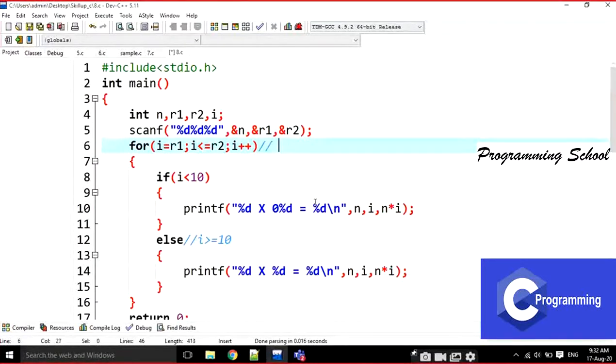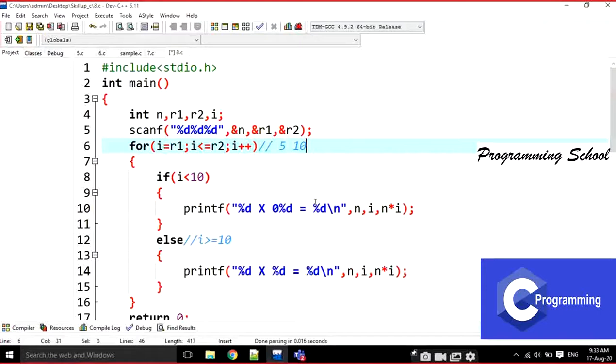When R1 is a smaller value and R2 is a bigger value, there is no need to change the program.